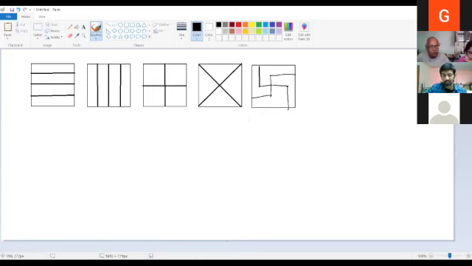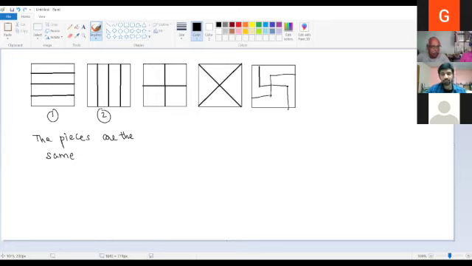Now, whenever students give me this answer, I will make one more observation. So now these are all different ways of dividing the square, but we will look at the pieces that we get. So here, in 1 and 2, the pieces that we get are the same. But here you get a different square, here you get a triangle, and here you get a different shape.